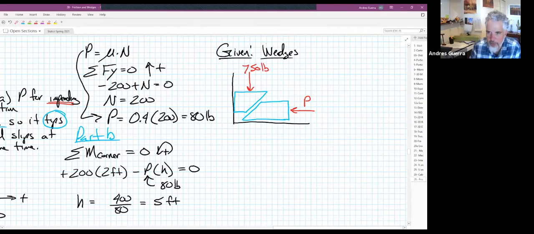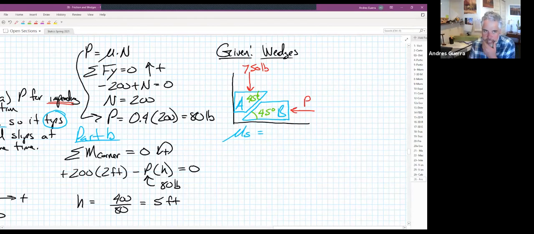We have some information on the geometry. This is 45 degrees, which means that this is also 45 degrees. We'll call this wedge up here wedge A, and then this will be wedge B, that one right there. We're given that mu S, our static coefficient of friction,